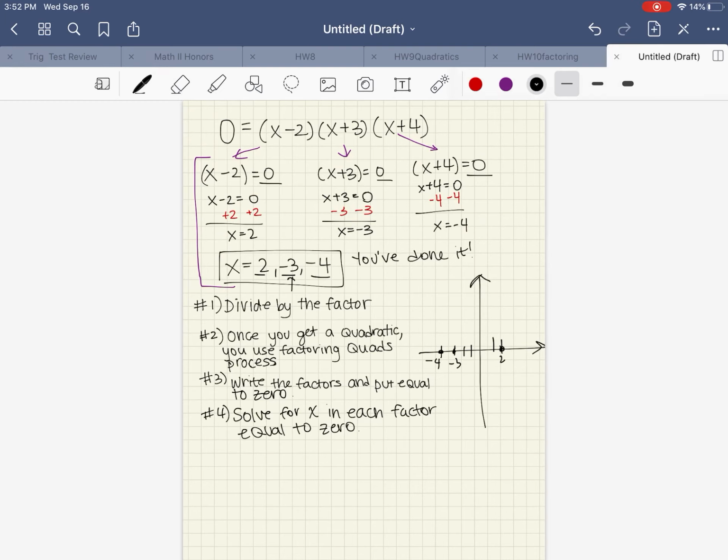And using end behavior, because the leading coefficient is positive, it's going to look something like this. It's not a perfect picture, but this is why factoring and solving are useful, because it tells us the x-intercepts. So go ahead and pause the video, make sure you know all those steps. If you have any questions,